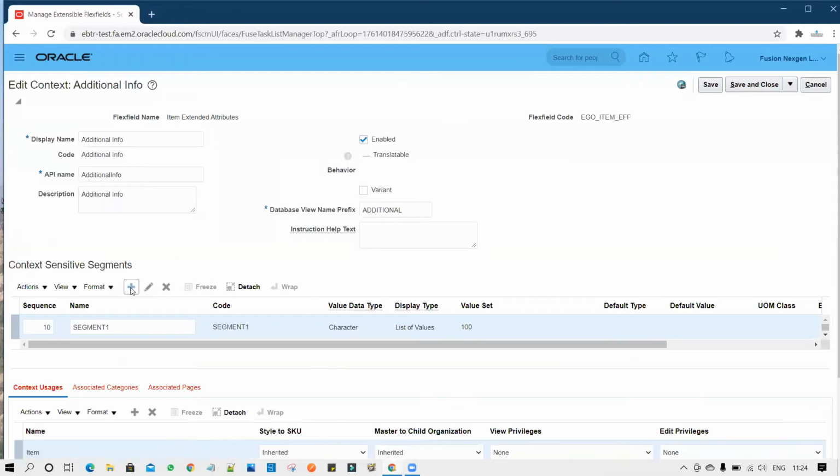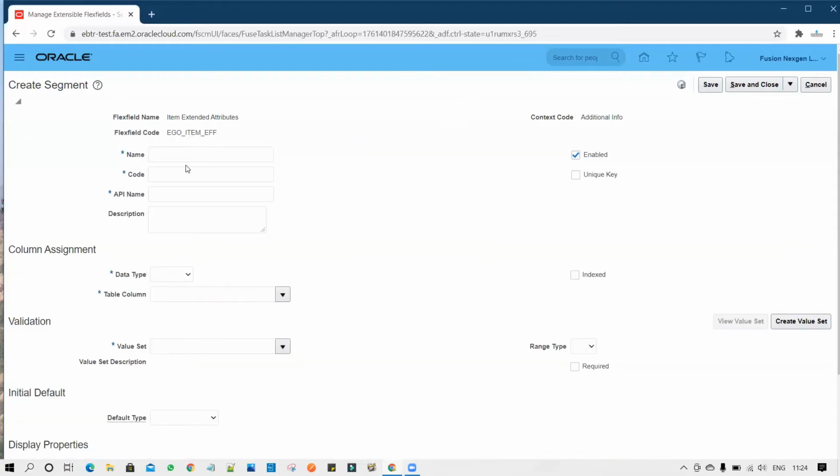Now we'll create another segment, segment 2. I have created segment 2.